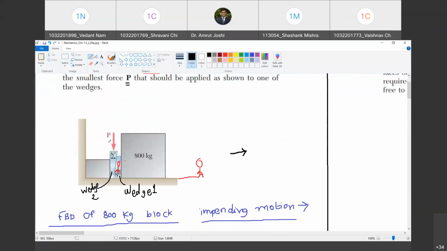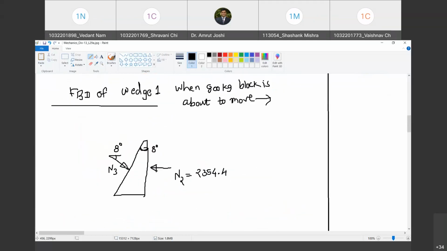Now pay attention here. No, not upwards. Who has applied force on whom? I am interested in finding out the frictional force applied by wedge 2 on wedge 1. Do you agree with me? Yes, sir. So where should I station the observer? I will station the observer on wedge 2. Happy? Yes, sir. Now as wedge 2 moves down, with reference to the observer on wedge 2, wedge 1 is moving up. Do you agree with me? Yes, sir. Therefore, the frictional force applied by wedge 2 on wedge 1 will be in the downward direction. Do you agree with me?